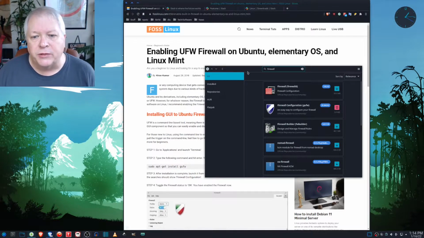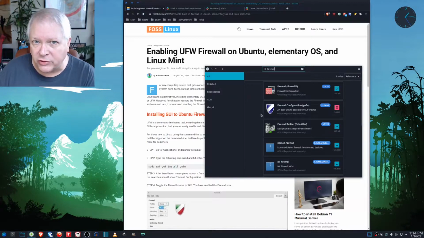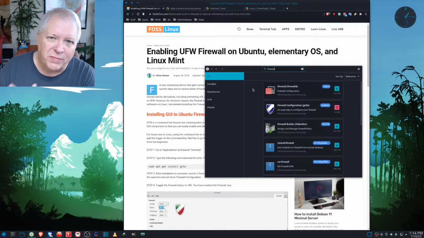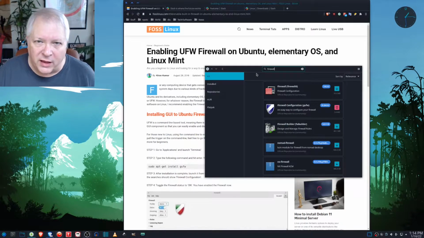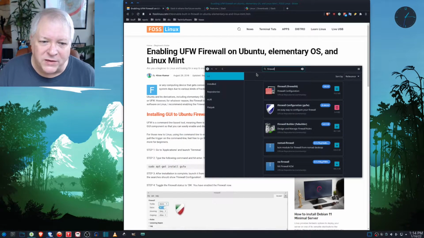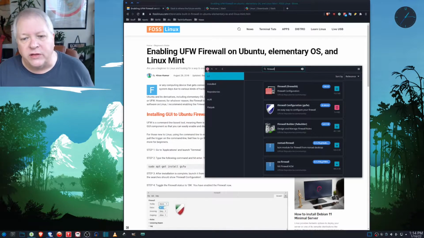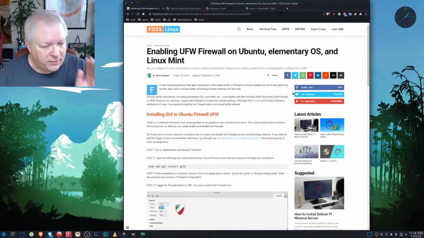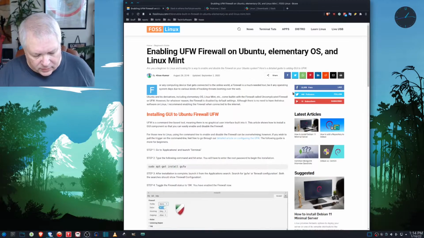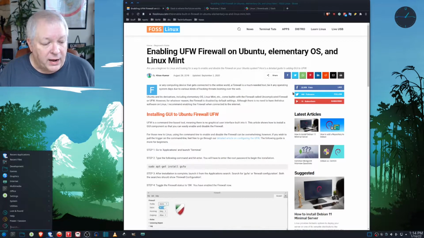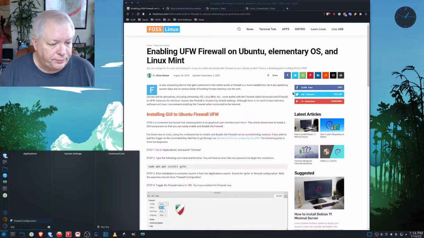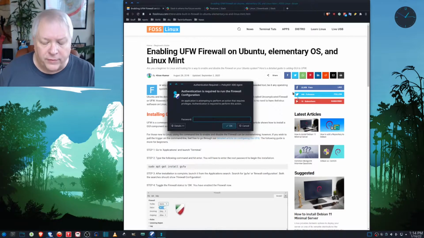Now this particular program is Pamac, but it uses the Pacman package manager system. So if I use Pacman, it's because I'm a kid from the 70s and 80s, right? Anyway, once you get this installed, it doesn't matter if it's Ubuntu, Arch, Debian, Fedora base, whatever it is, just type in firewall, and you'll see firewall configuration. You type in your password,